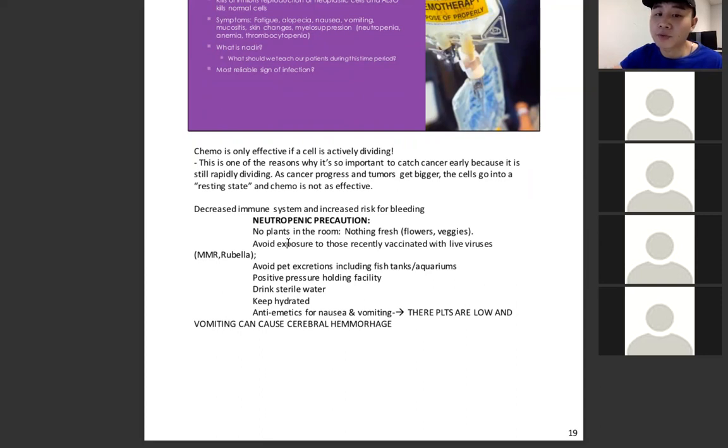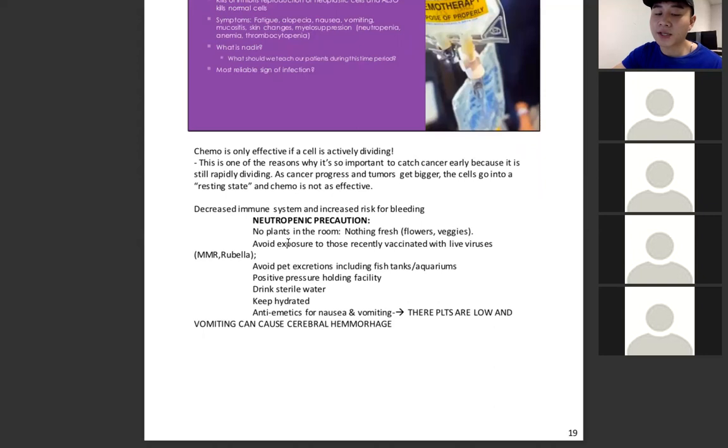Avoid exposure to those recently vaccinated with live virus. And what are live viruses? For example, MMR, rubella. Avoid pet excretion, including fish tanks, aquariums, positive pressure holding facility, drink sterile water, keep hydrated,